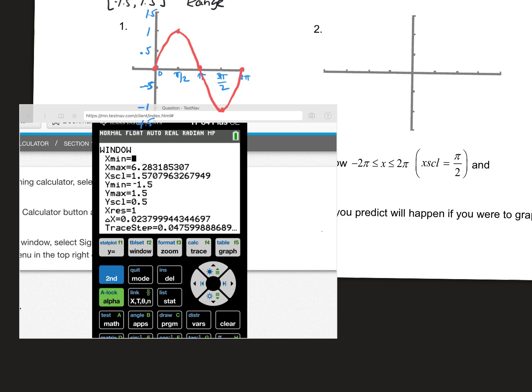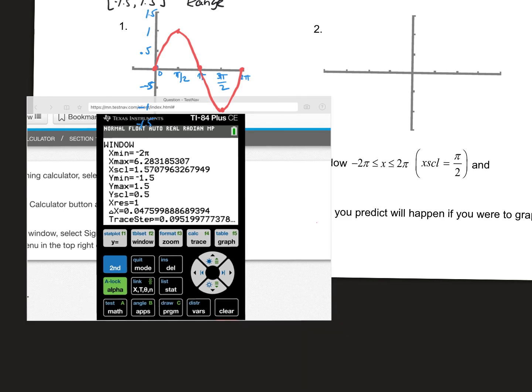So up here in our window, notice that we're supposed to change the x min. We're going to change that to negative 2 pi. Okay, so we're supposed to be graphing again from negative 2 pi to 2 pi. So we're going to do more to that graph above and the red graph above. So this time in x min, I put negative 2 pi. Again, finding 2 pi by hitting second, and the pi key is on the caret key. When you hit enter,